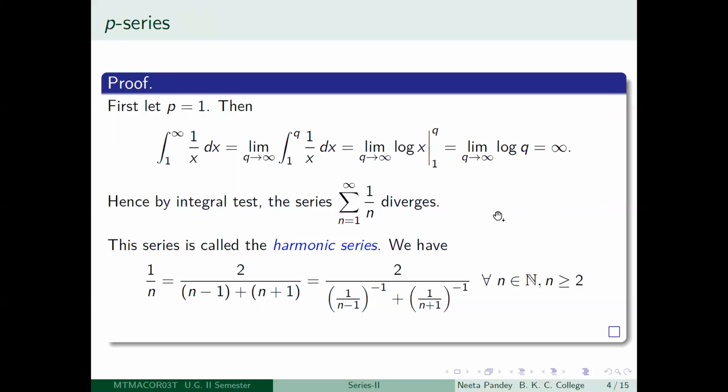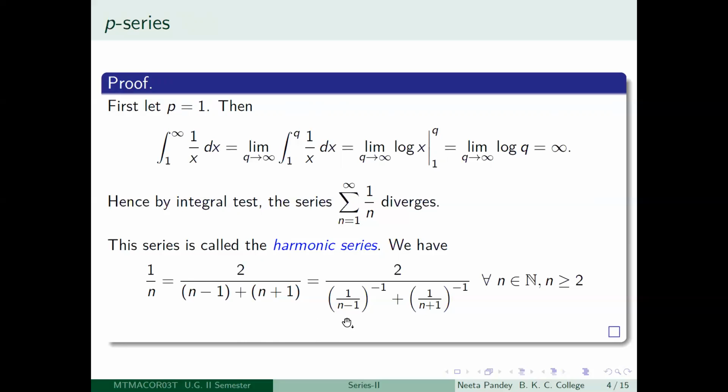But even if we are not musically inclined, we can see it from a purely mathematical viewpoint: if you look at 1 by n, the nth term in the sequence, then that is actually equal to the harmonic mean of the term preceding 1 by n and the term succeeding 1 by n. If you look at those two terms and find the harmonic mean of that, that will give you the term 1 by n. So naturally, you want a term which is preceding 1 by n as well as a term which is succeeding it.